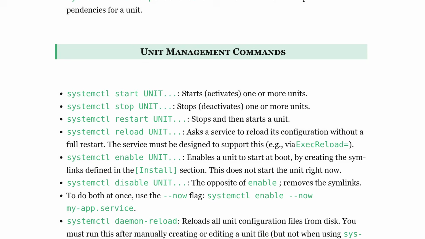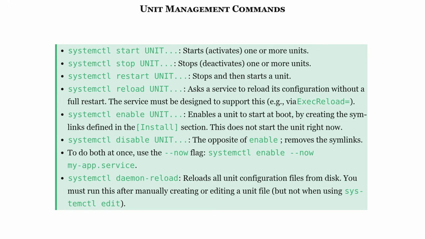Unit management commands. systemctl start [unit] starts, or activates, one or more units. systemctl stop [unit] stops, or deactivates, one or more units. systemctl restart [unit] stops and then starts a unit. systemctl reload [unit] asks a service to reload its configuration without a full restart. The service must be designed to support this,